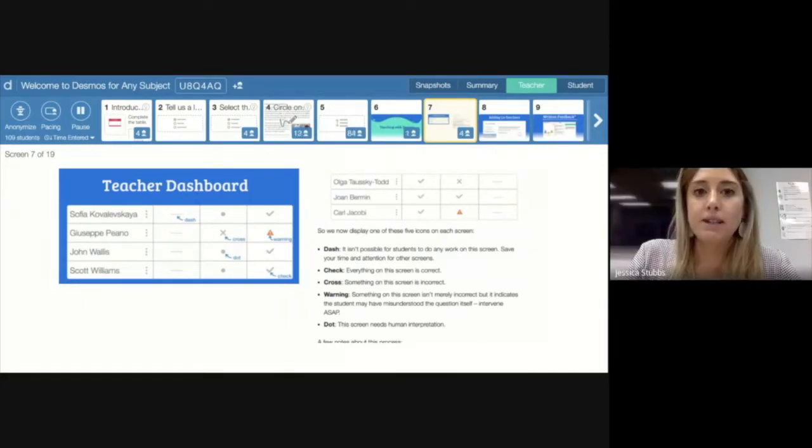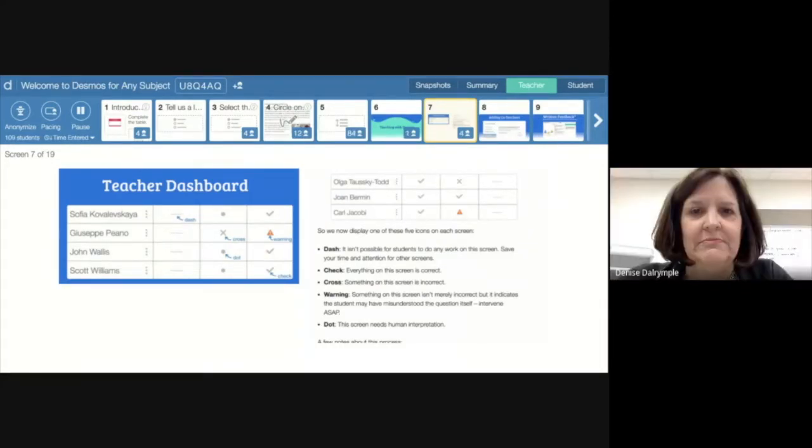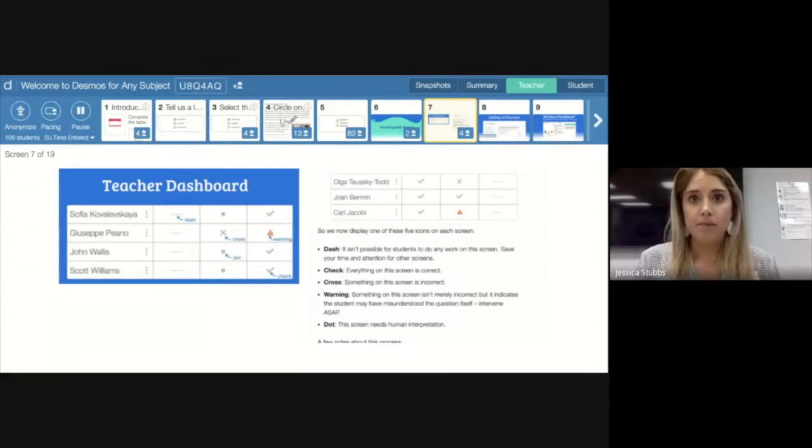Now, I do need to make something clear right now. If you want to use Desmos as an activity builder, which is what we're doing now, you need to make sure to go to teacher.desmos.com. If you were to just type in desmos.com, that would take you to the graphing calculator, which is great and fine, but that's not what you're looking for. So you want to go to teacher.desmos.com, and that's going to be how you can create activities for your students